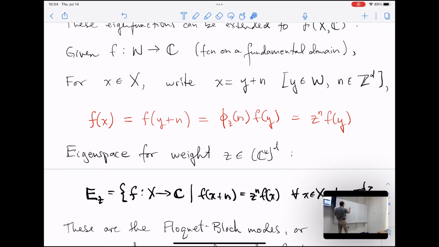And now I take that function to get the values over here, I just multiply by that particular Bloch multiplier, Z1. So I take the f at y, and I multiply by Z1. That's the new function here. It just gets multiplied by the eigenvalue of the shift. And now to get it over here, it's going to be Z1 squared f of y. This is the f of this x, where x is equal to y plus